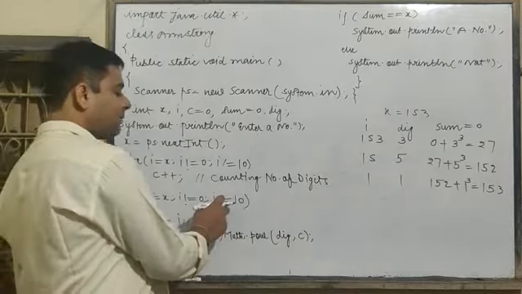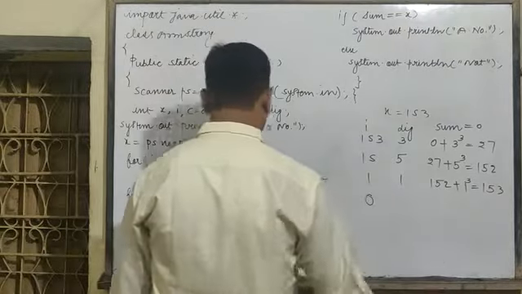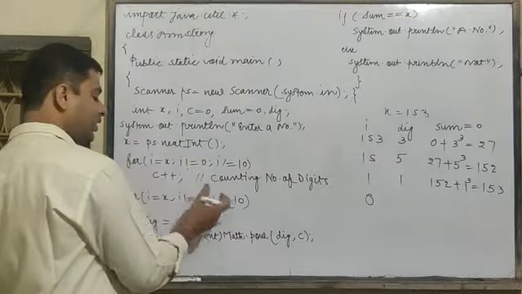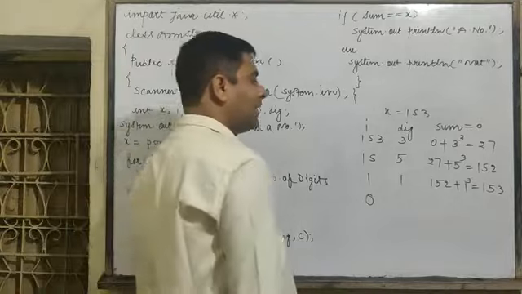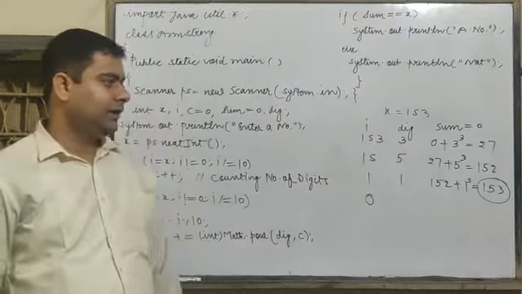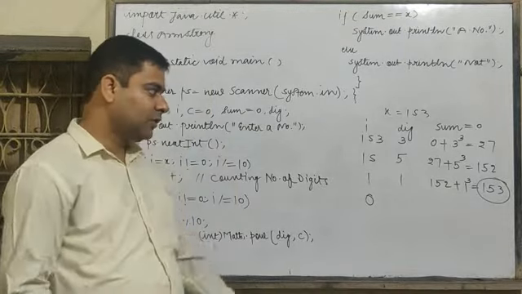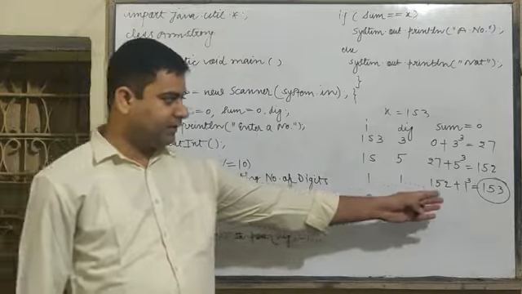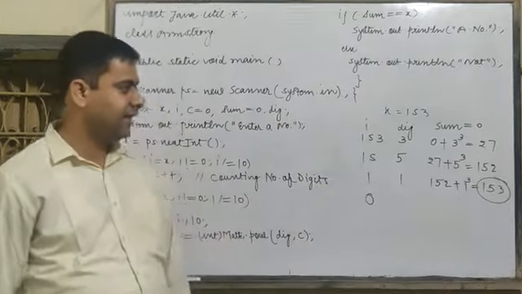Again it will go on update part. So it will calculate I1 equals to 1 upon 10, 0. Condition, again it will check 0 not equal to 0, condition will be false. So it will come out from the loop. So you can see the sum is storing each digit raised to the power number of digits and that sum. So final value you are getting here is the sum of each digit raised to the power c.